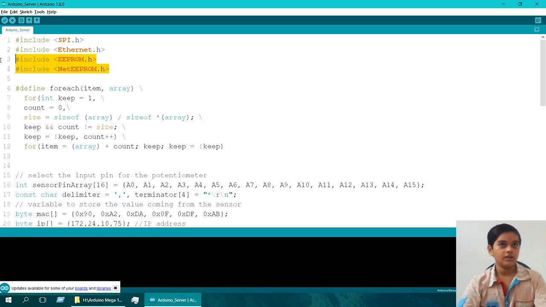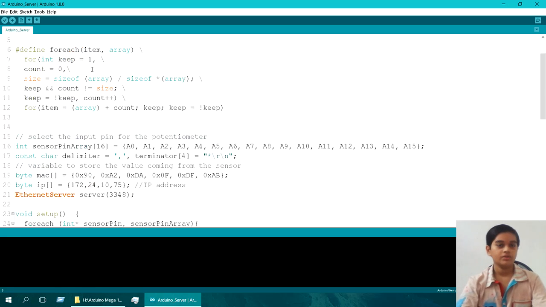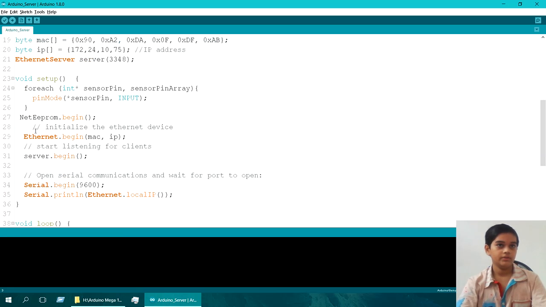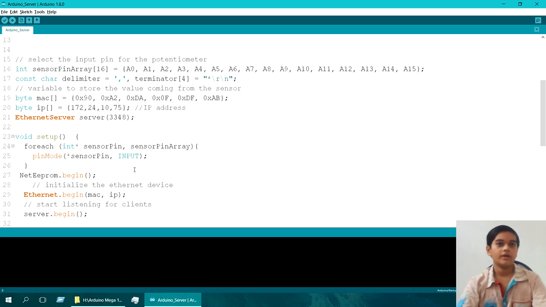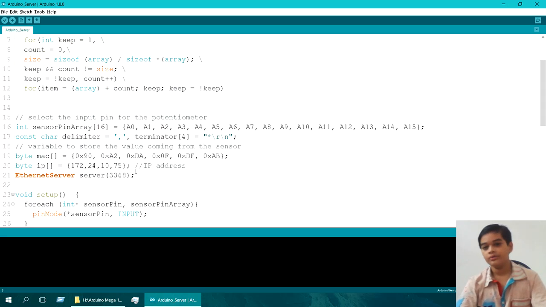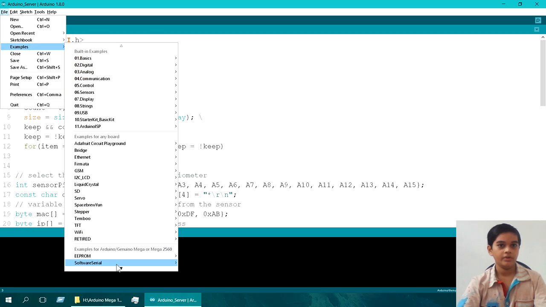And here we include EEPROM and Net EEPROM, EEPROM as in E-squared PROM, as most like to call it. So these two are actually used for accessing the predefined values that are directly in the Arduino board itself. And there's an example file called